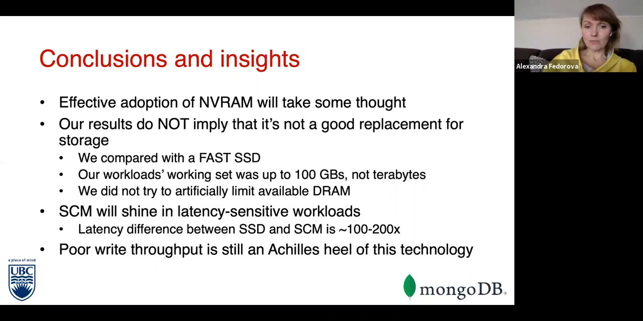Storage class memory will probably shine in latency-sensitive workloads, because when we measured the latency difference between accessing an SSD and storage class memory, it was 100 or 200 times lower. And we do have to be careful about writes, because poor write throughput is still an Achilles heel of this